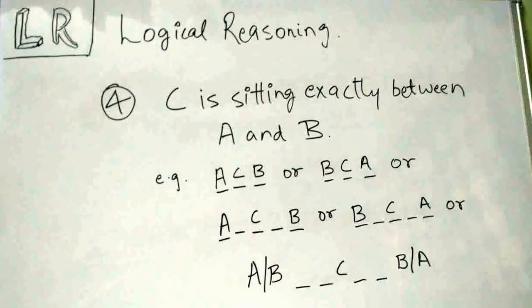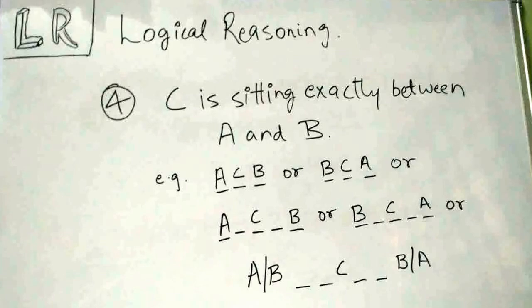Now when we say C is sitting exactly between A and B, it just means that the number of people between A and C is equal to the number of persons sitting between C and B. There can be more than one person, there can be no people at all, and it can also be just one person. So we are still not sure about the number of people sitting between them. For example, if you see in the third case, there are two people sitting on either side of C. So these are some cases that we need to discuss before going on to our problems.